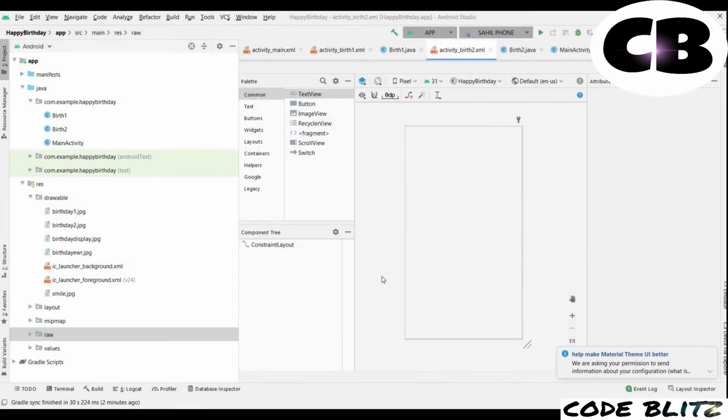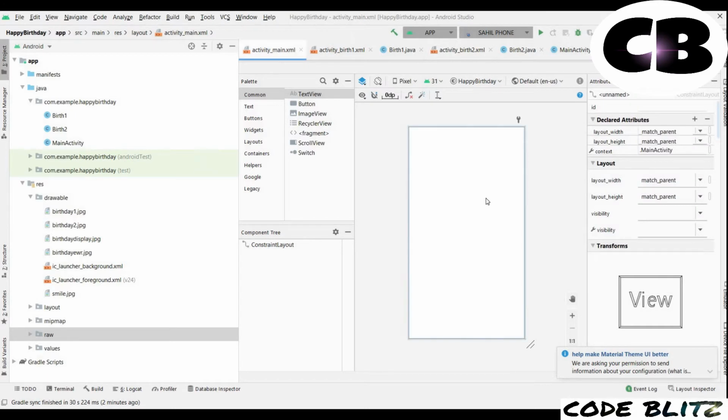Okay, so basically all the contents you want to show in your app have been brought into your app. So now let's start with our development. Firstly we have to develop the splash screen. For that I will come to activity main.xml.